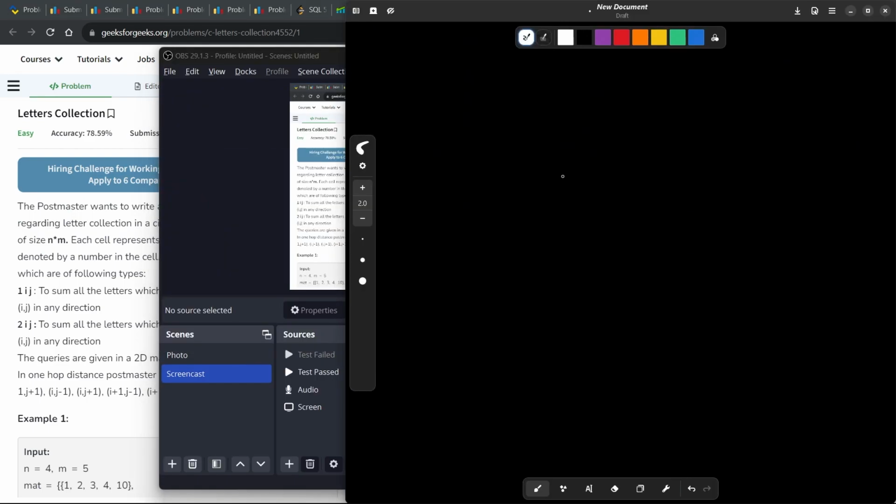For example, if this is a node and you go here, these will be all the nodes which are at distance 1, right? So whenever the query is of type 1, you just give the sum of all of these nodes. So this is not an issue, right? But if you have to go to a distance of 2, then comes the real issue. In that particular case, for example, from this particular node, if you want to hop a distance 1, you can go to either here, you can go to here,